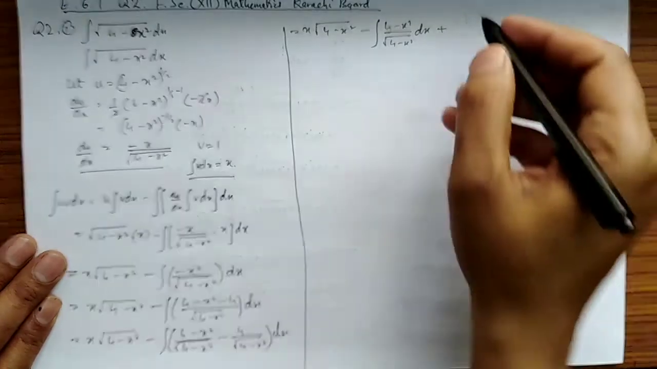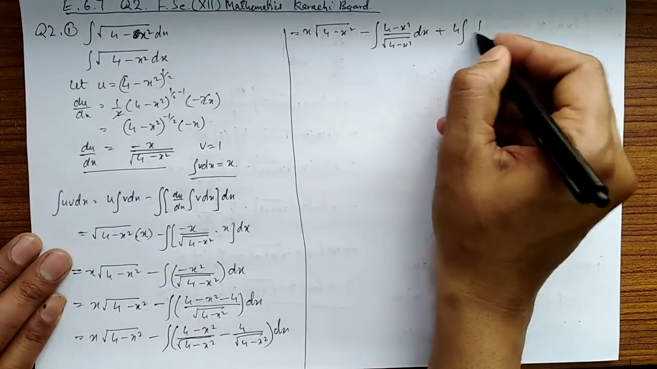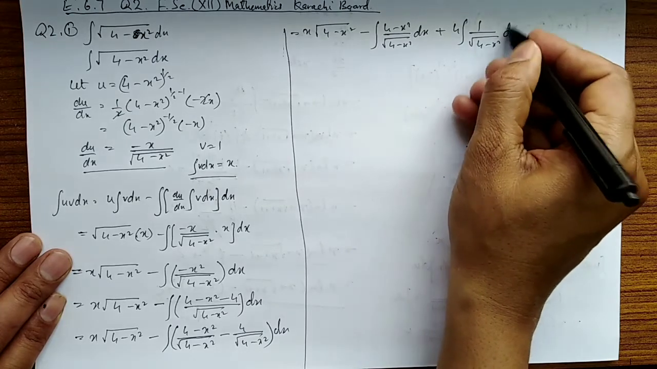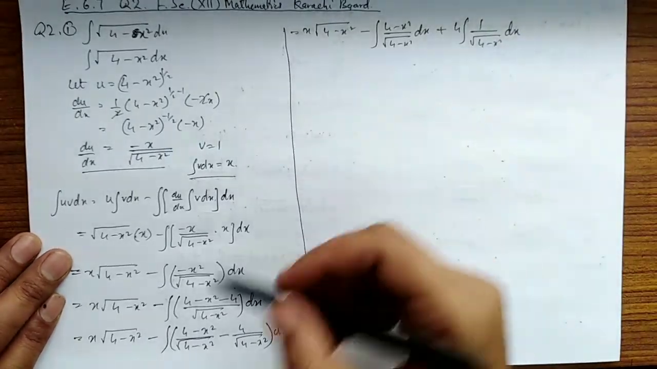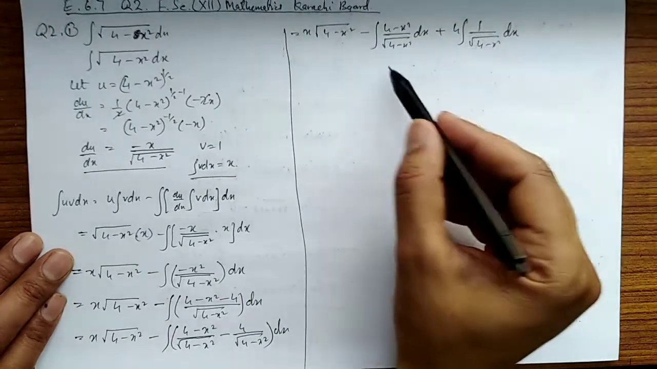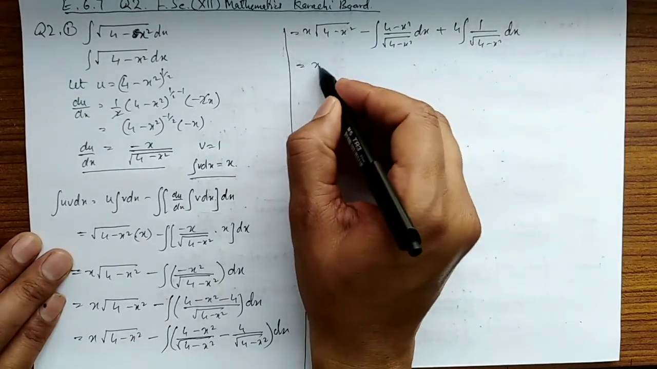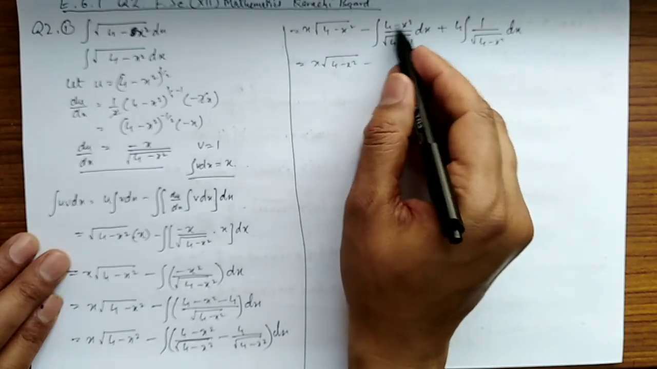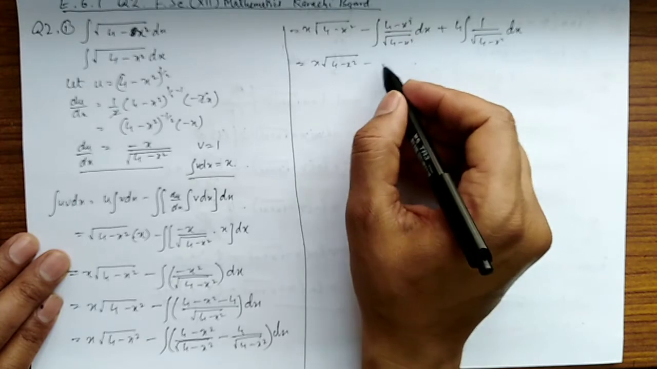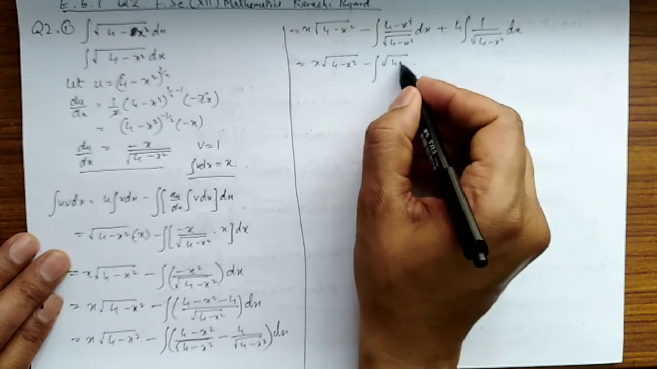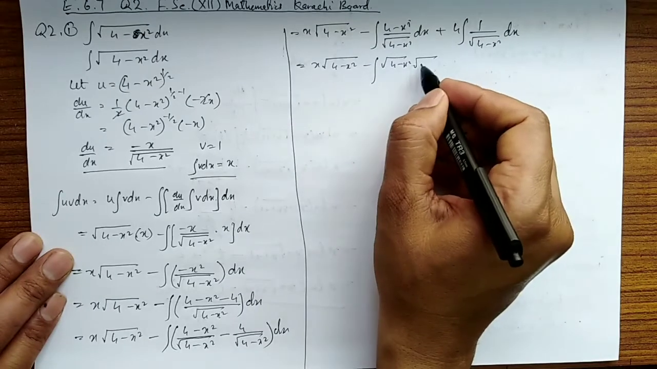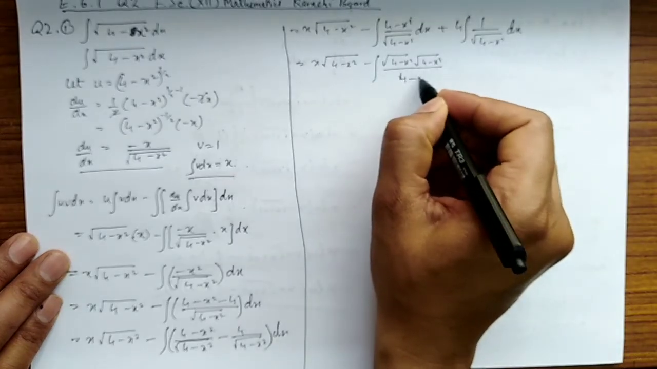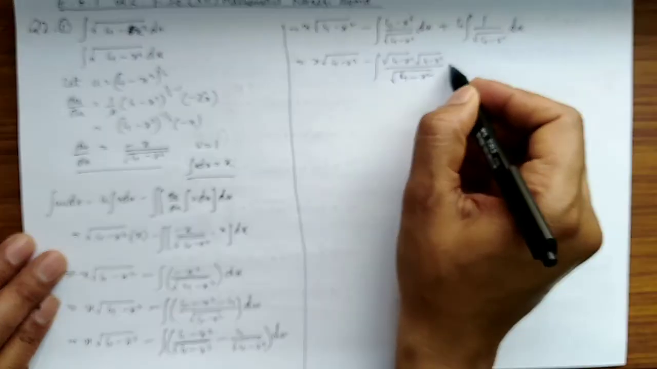plus 4 integral 1 upon root of 4 minus x square dx. So I have removed the brackets and applied the integral on individual terms. So root of 4 minus x square. If we convert this 4 minus x square into 2 square minus x square under root, what happens is that we are getting this part,